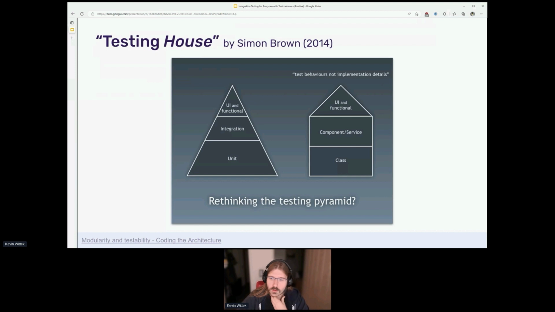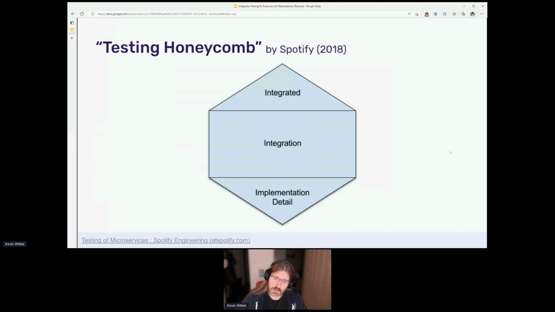I think it's very good that he tried to bring more clarity into the definitions. However, he failed with this because none of us uses this pyramid house and this concept of the pyramid house to talk about testing. We all have the testing pyramid in our mind. But we now increasingly see indeed a change of thinking about integration testing and unit testing,